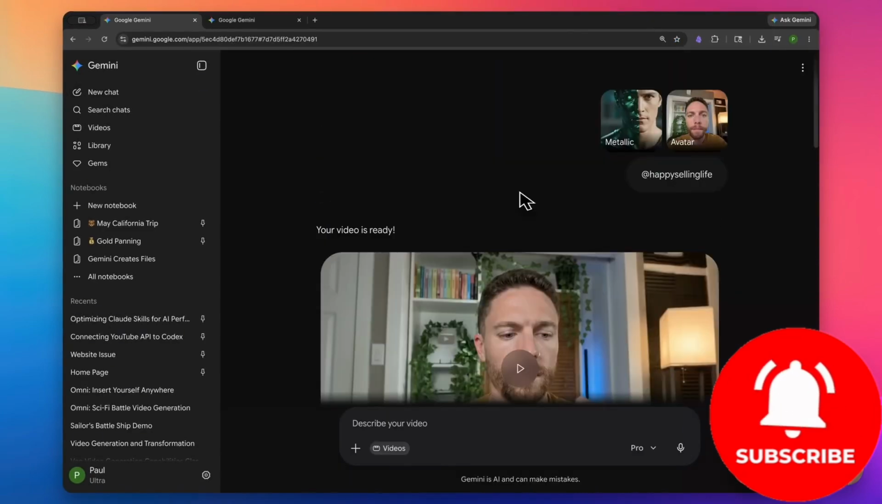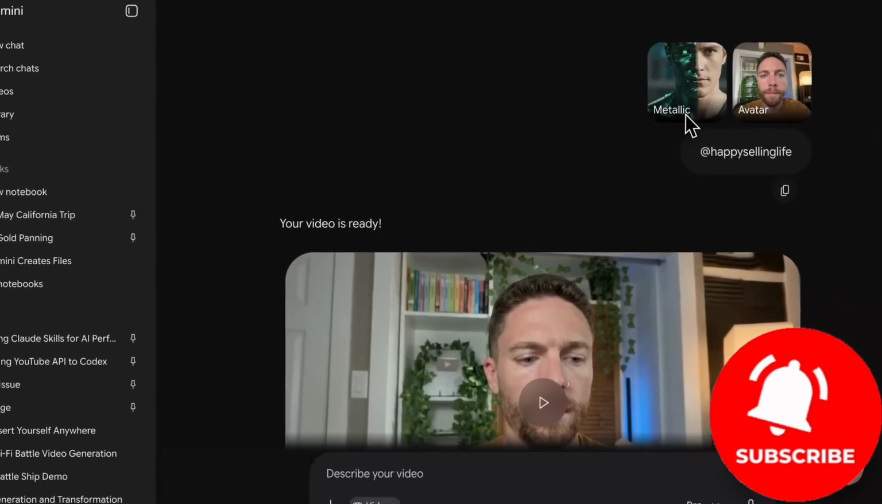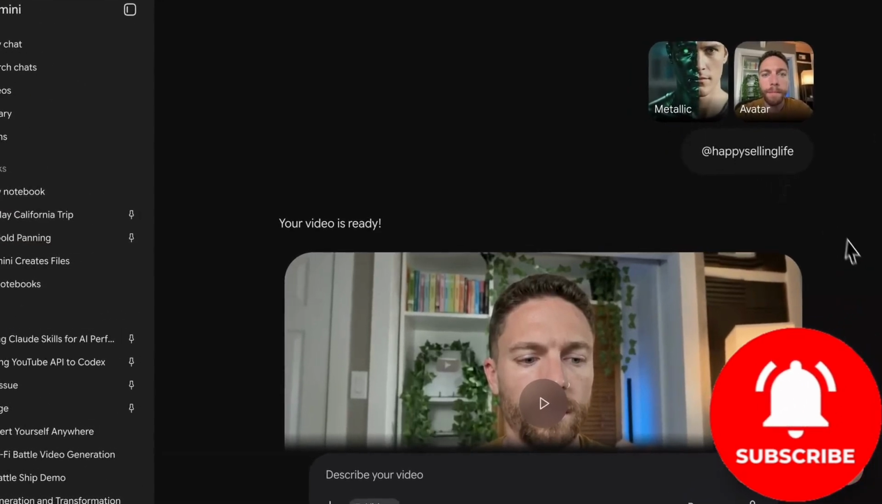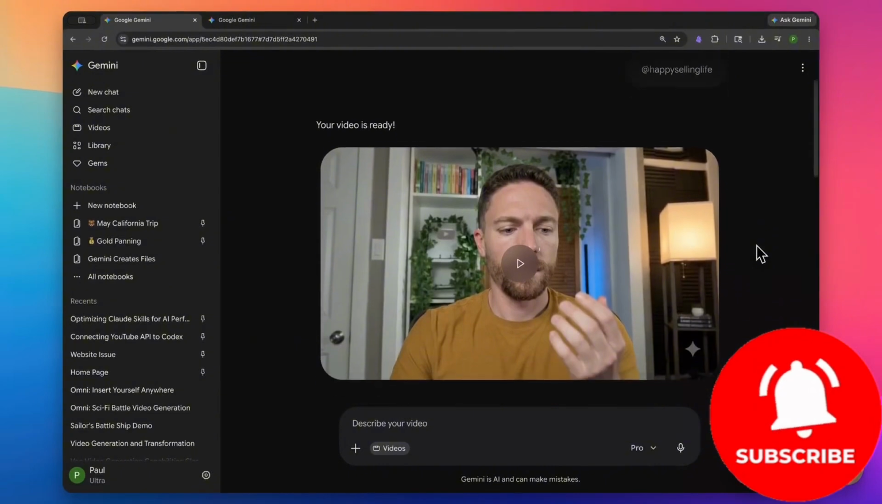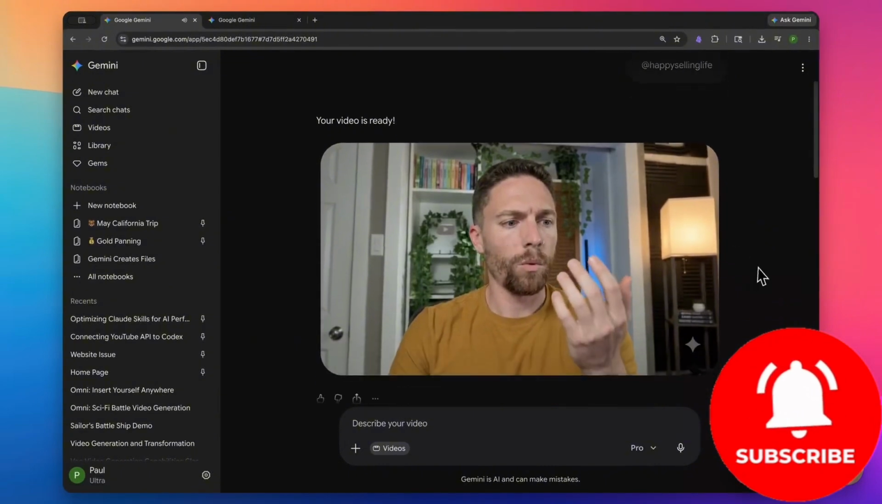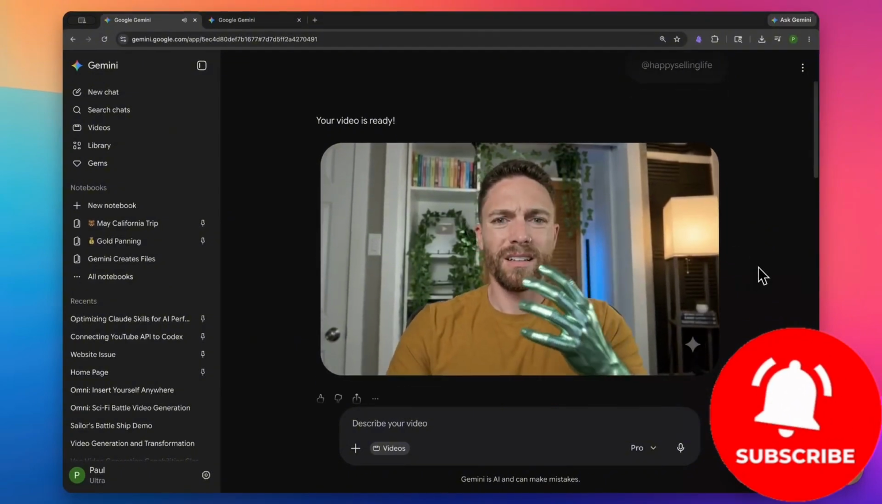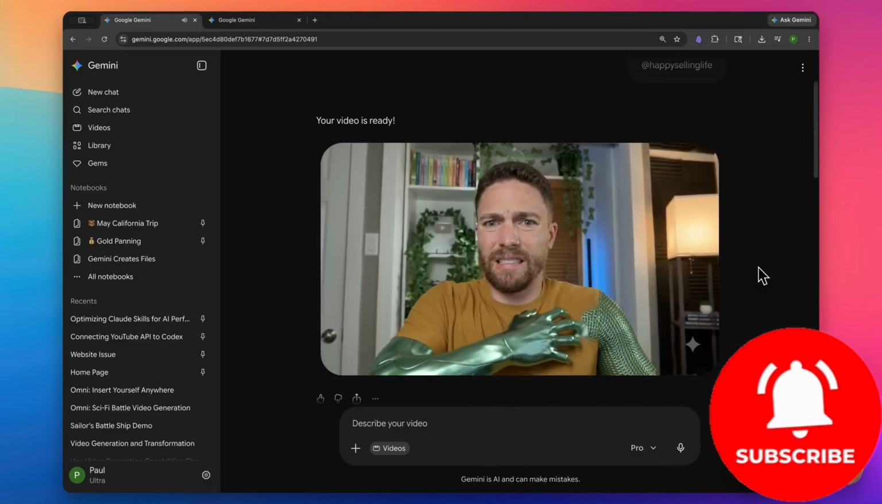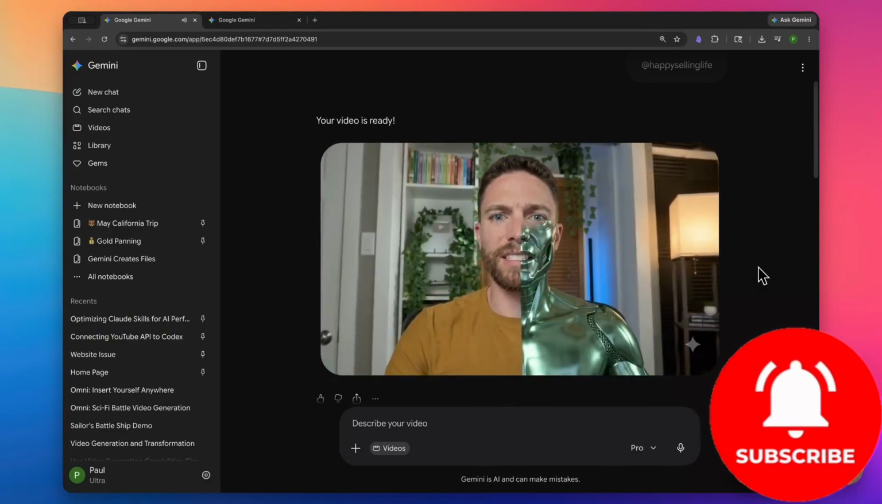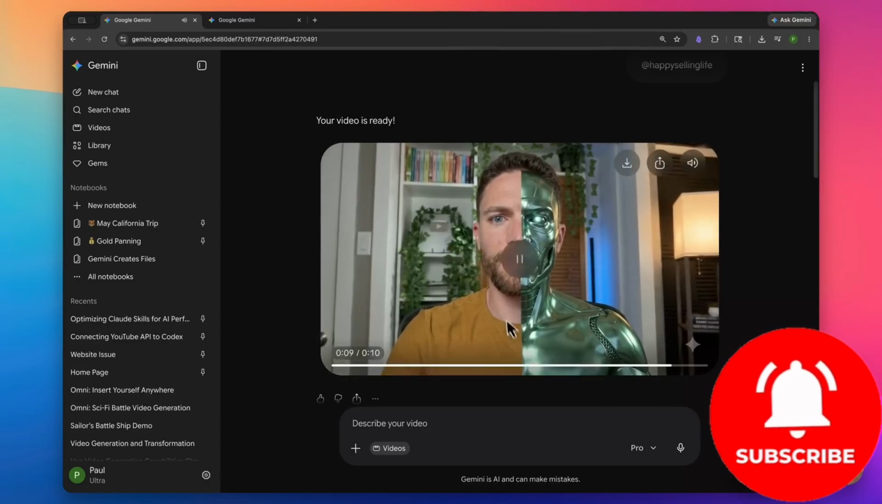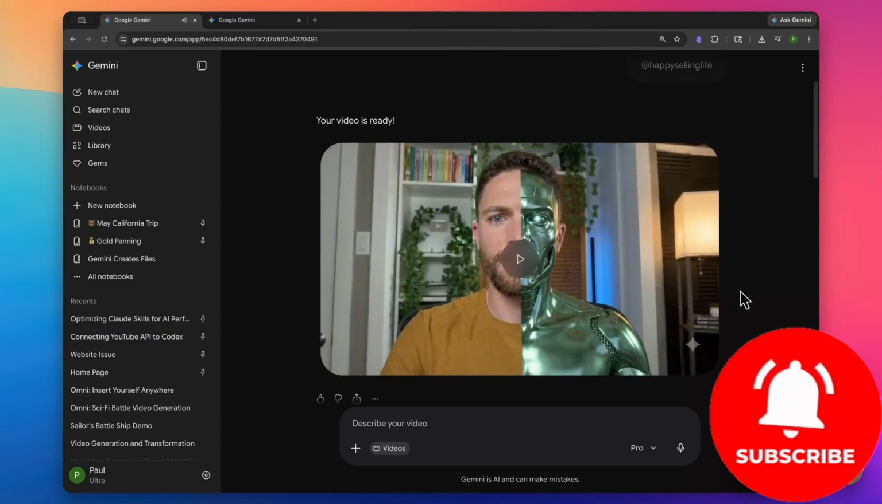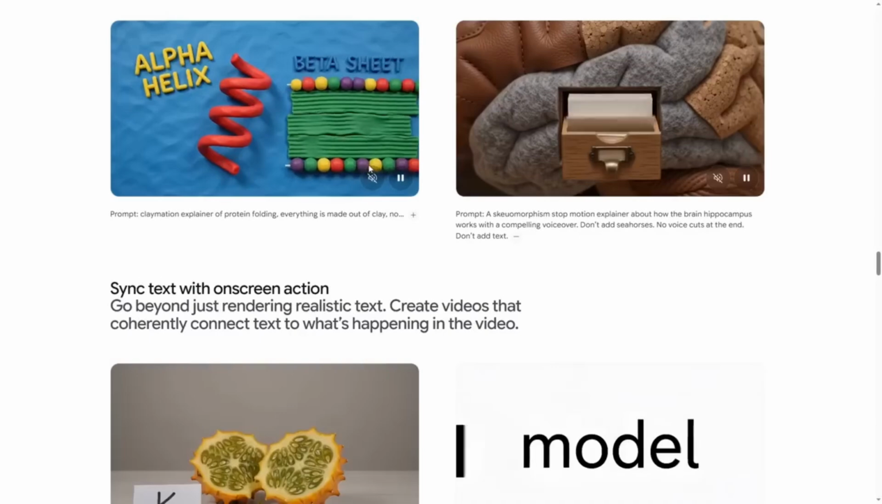The use cases here are broad. Visual effects for short films and ads, explainer videos for marketing or training, creative storytelling projects. If you're working in any of those spaces and you haven't looked at Google Omni yet, you're genuinely leaving capability on the table. The bottom line is this: Google has built something that lowers the barrier to professional video production